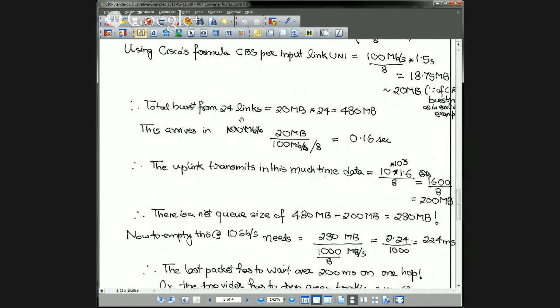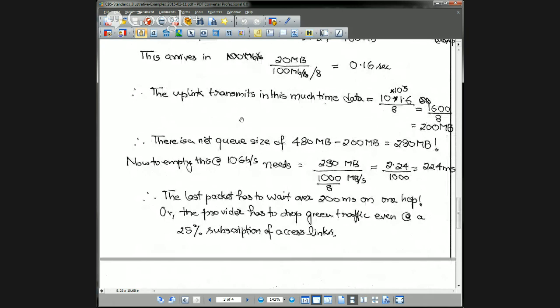So even at the maximum, at 25% occupancy, if the provider doesn't have enough buffering in the switch, they're going to have to drop green traffic. Alternatively, they're going to have to face huge delays for some packets that are unfortunate enough to sit at the end of the buffer. So obviously, that's not something we want. The purpose of illustrating this counterexample was to show you that you cannot take the vendor recommendations at face value. You have to think about network architecture and design,